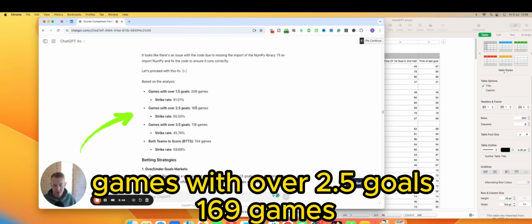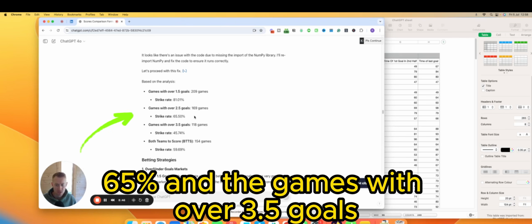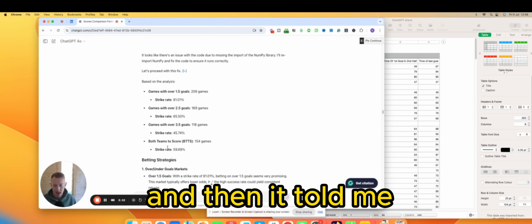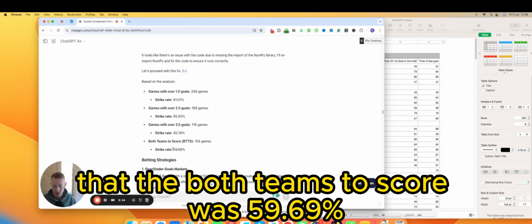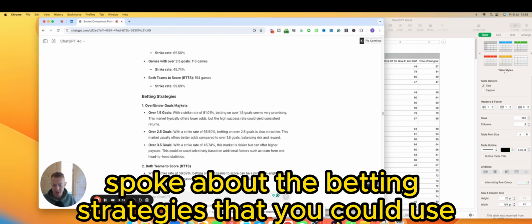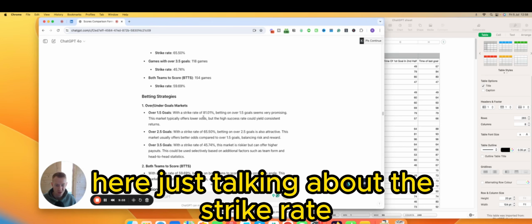Games with over 2.5 goals, 169 games, 65%. And then games with over 3.5 goals, 118 at 45.74%. And then it told me that the both teams to score was 59.69%. And then it spoke about the betting strategies that you could use here, just talking about the strike rate, that